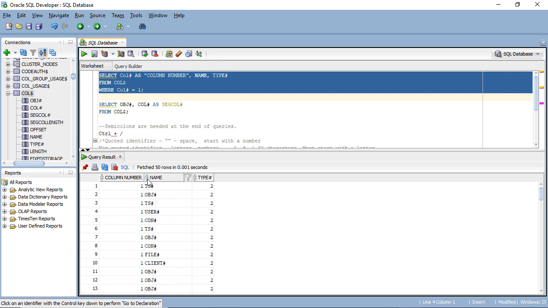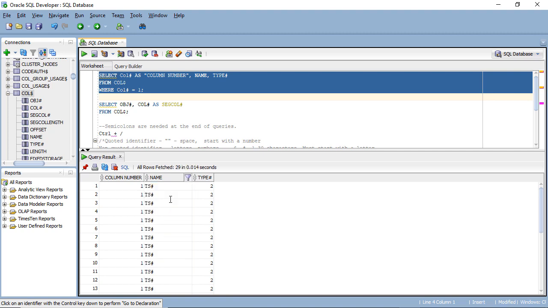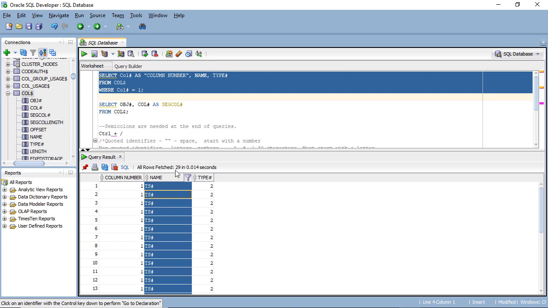And you can see if I double click, we go from ascending order, A to Z, descending order, Z to A, and then the original order, in other words, no further sort. There's also, just as in Excel, a filter next to it as well. So if I click on that, I can filter for a specific value in the column. So for instance, I might want TS and hash, or pound sign. So press enter, and now you can see that we have 29 rows only